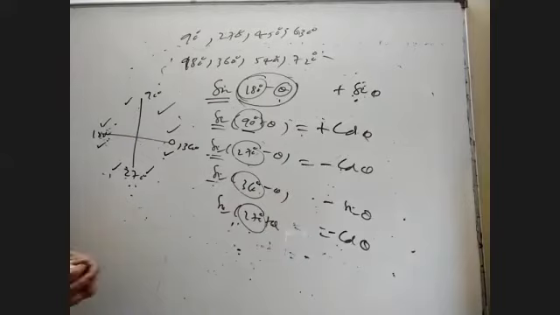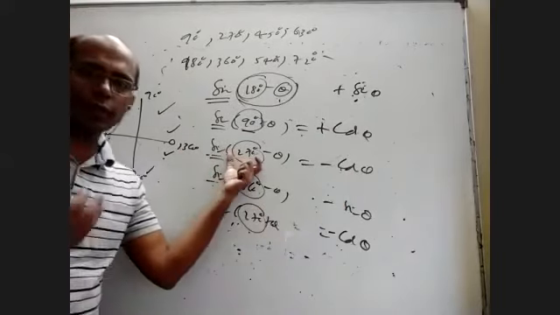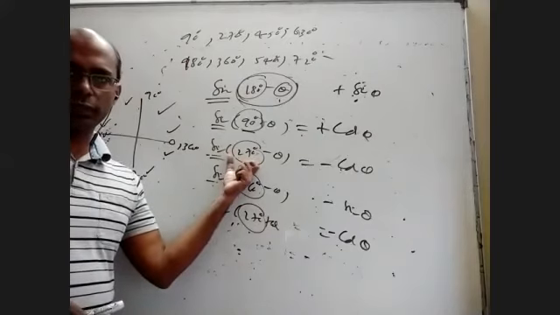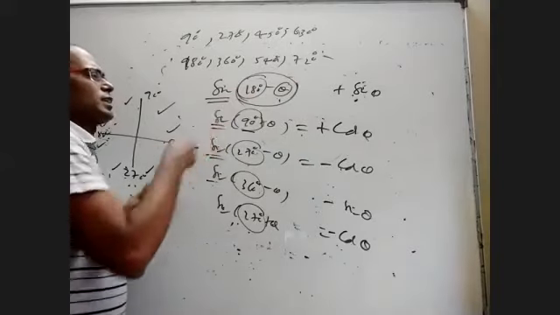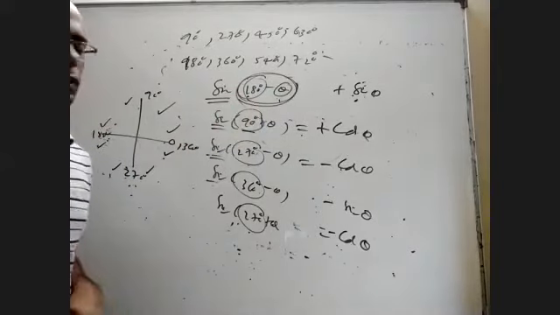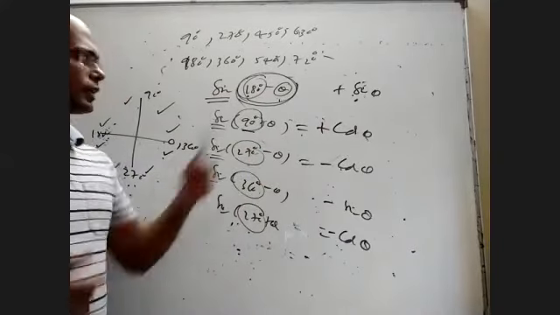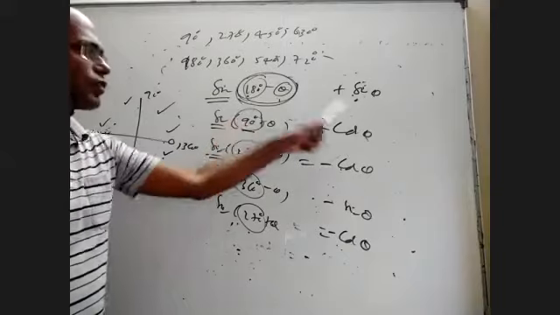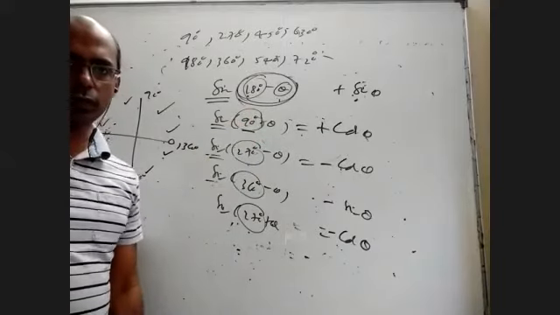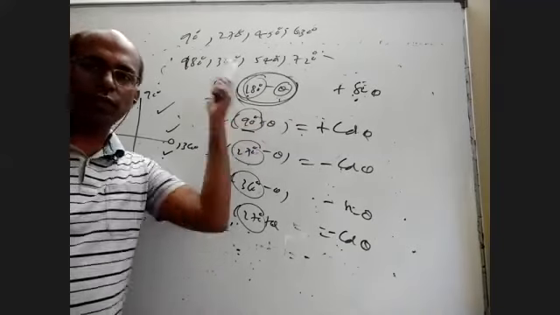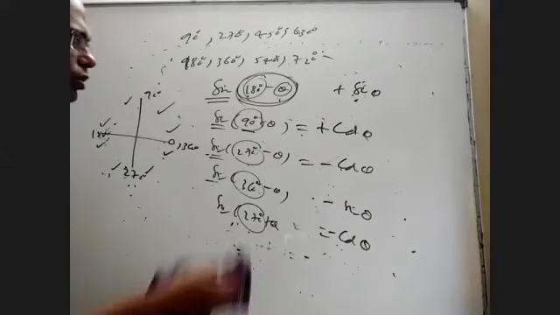So when all these are signed, whether you get sine or cos depends on whether it is an even multiple of 90 or an odd multiple of 90. Plus or minus will depend on which quadrant the total angle is in, provided you assume theta is a very small positive angle. Theta can be 1000 degrees also, but in this formula, just to remember it, we assume theta is a small positive angle. Otherwise, if you take 1000 degrees, it may not be in the second quadrant, it may be in some other quadrant. This is sine. Similarly, you can do it for cos.